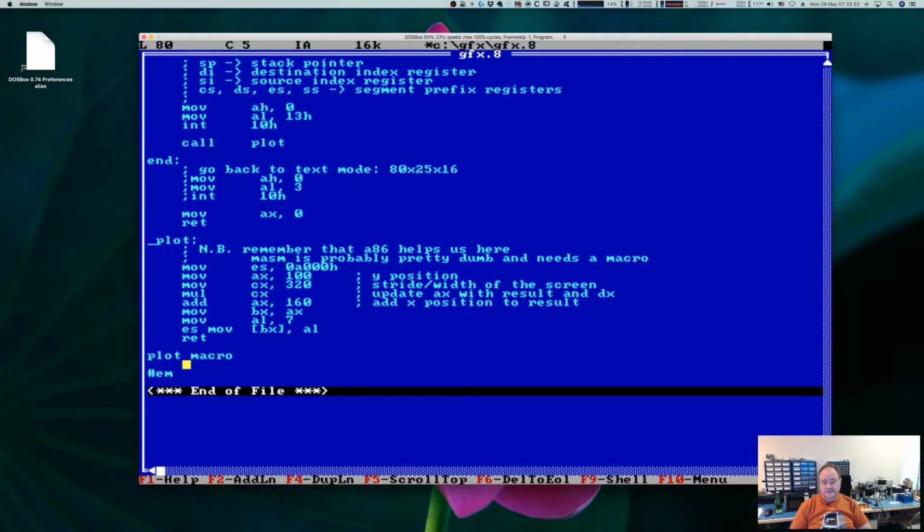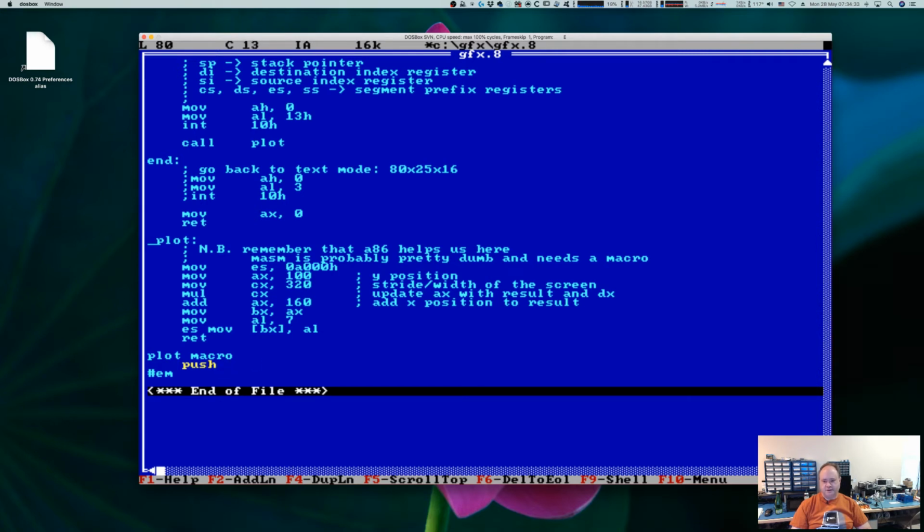And then in this case, what we want to do is take some parameters that are going to come into the macro. Macro parameters are just %1, 2, 3, 4, 5 up to, I believe, 20 or something. And those just get substituted as text. There's no magic that happens there. Whatever the value of the macro parameter is gets inserted into the macro in place. And so what we're going to want to do is push